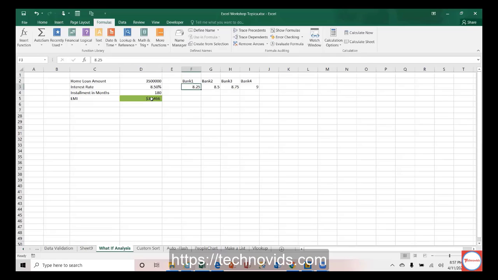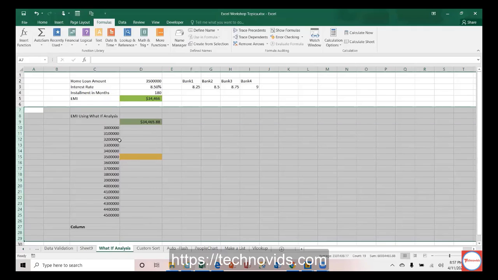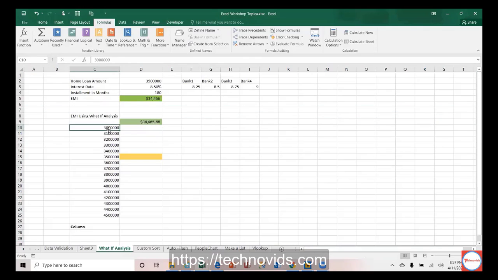So you still want to validate them. The bank may say some EMI amount. For example, the 8.25 guy may say more EMI than the 8.5. That is still possible. That happens in real-time scenarios, right? So let us see how we can derive multiple EMI amounts